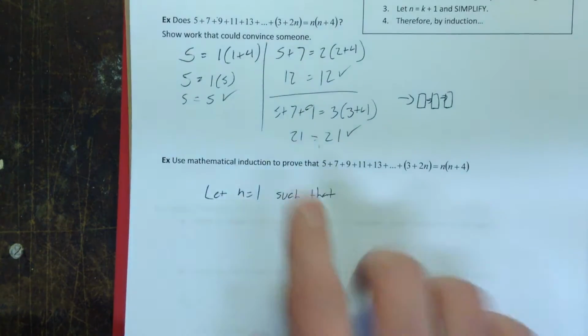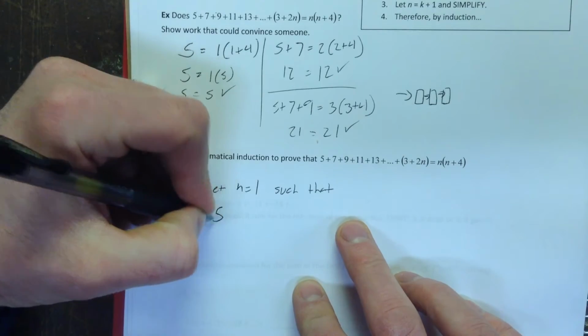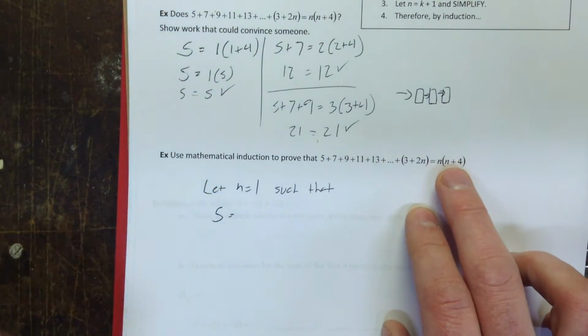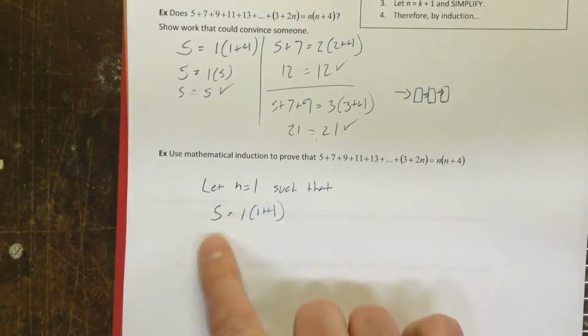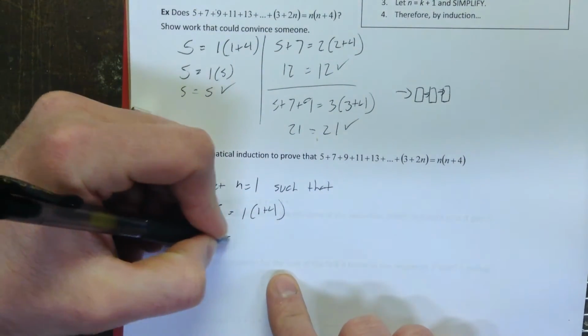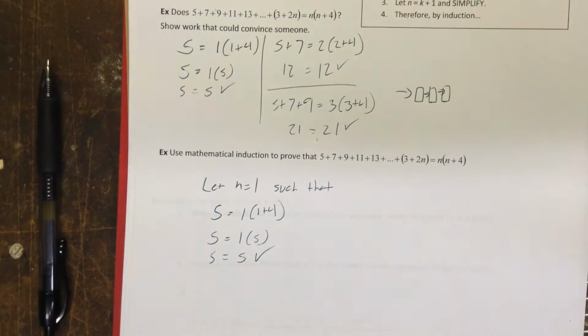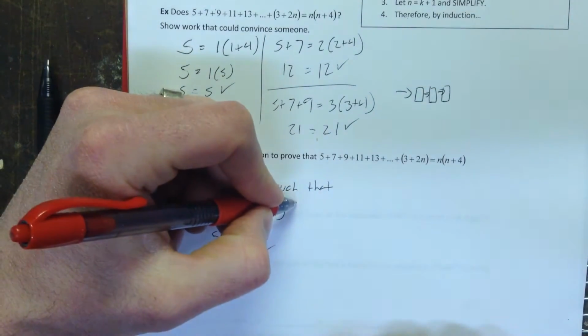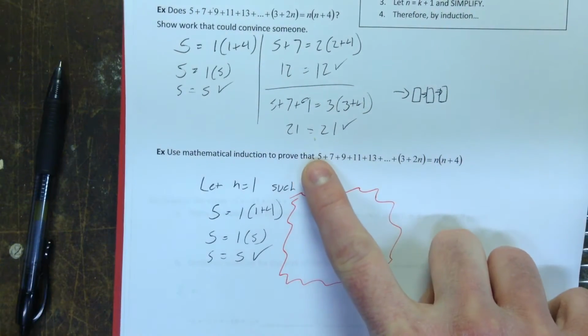Now you can do it in the same way that we did, and you can pull the 5 out. So you can say 5 is equal to, and then put a 1 into the right side over here, which would be 1 times 1 plus 4. Then you can simplify and you'll get 5 is equal to 1 times 5, and 5 is equal to 5. Perfect. Some people, if you want to be a little bit more thorough, and I'm not saying you have to be,